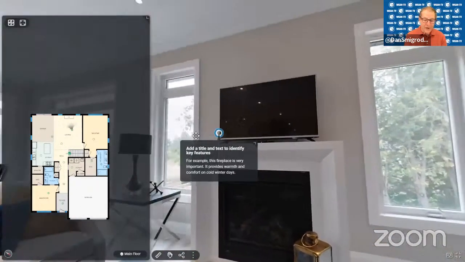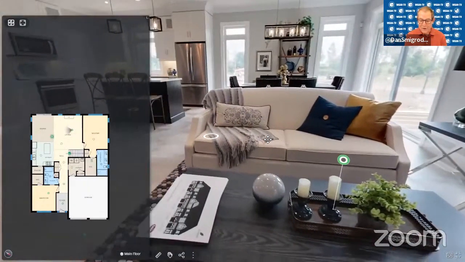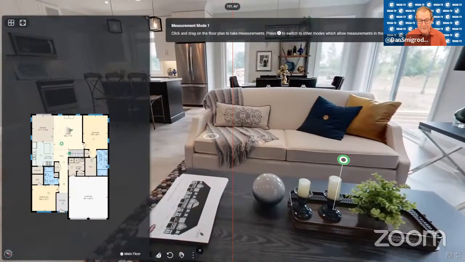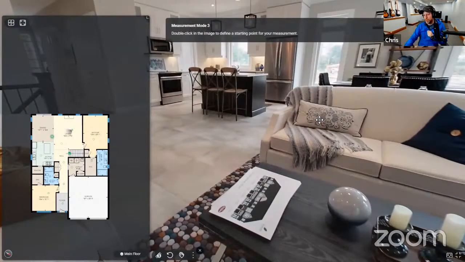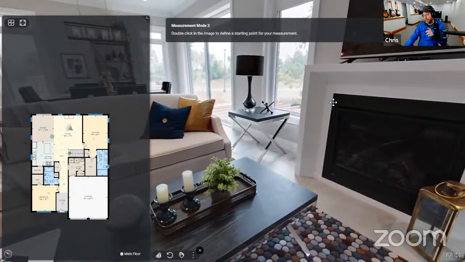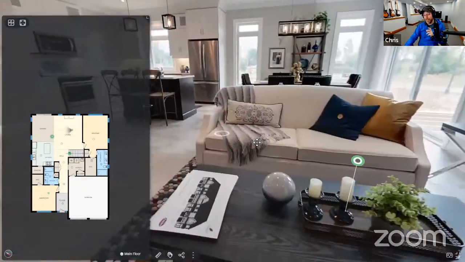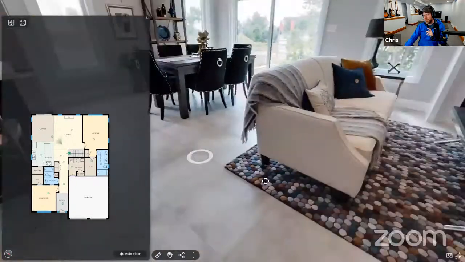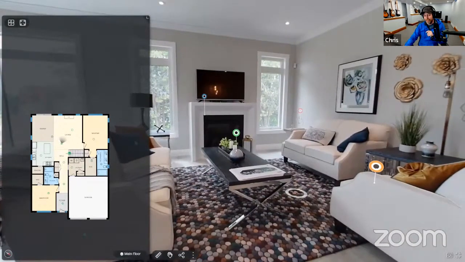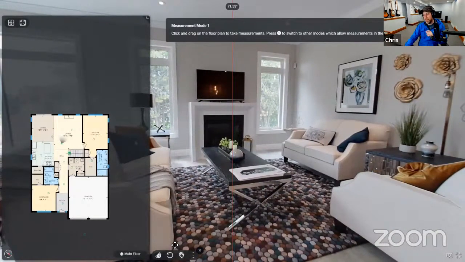You mentioned a third measuring tool or a second advanced tool. That's correct. So measure mode 3 is different in that it allows you to triangulate measurements on 2 different scans. It's going to sound complicated, but it's actually really easy to do. So I'll just choose it and show you.